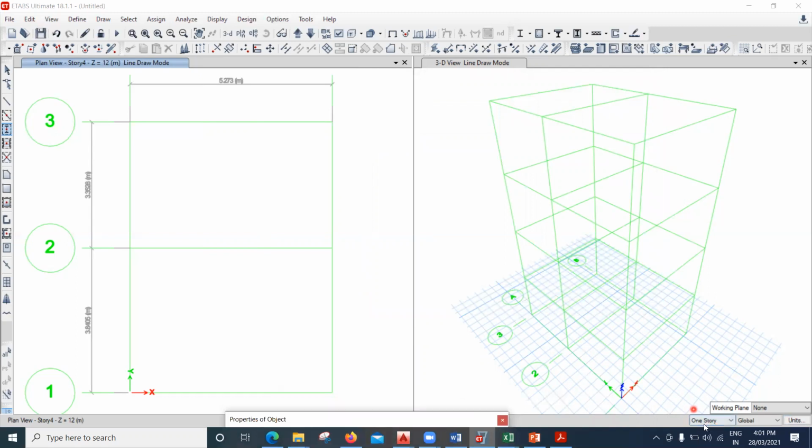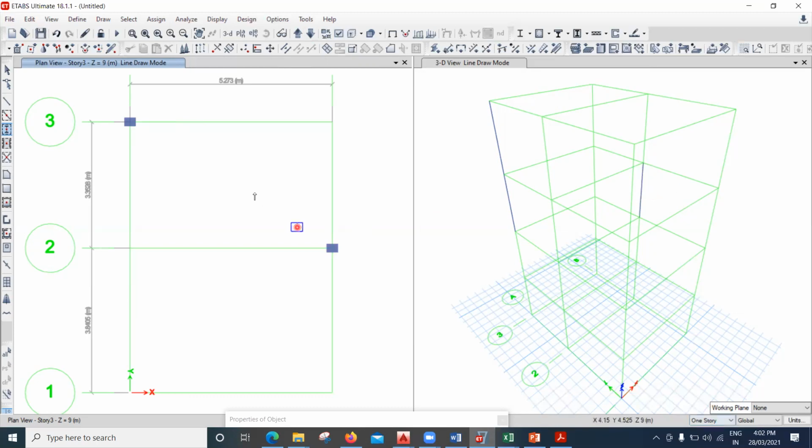If I press on this one story, and if I put a column here, let us say on this point, can you see the column has come only here? And in which floor I'm putting it, in story 4. That is the reason your column is coming here. Similarly, if I go down to story 3, and if I try to put a column here, you see on the right side of the screen, again you can see the column has come here. If I try to put a column on this part, as you can see, the column has come in the third story. So this is the significance of one story.